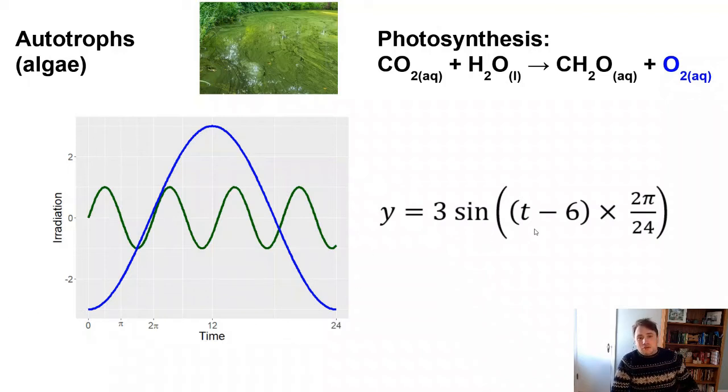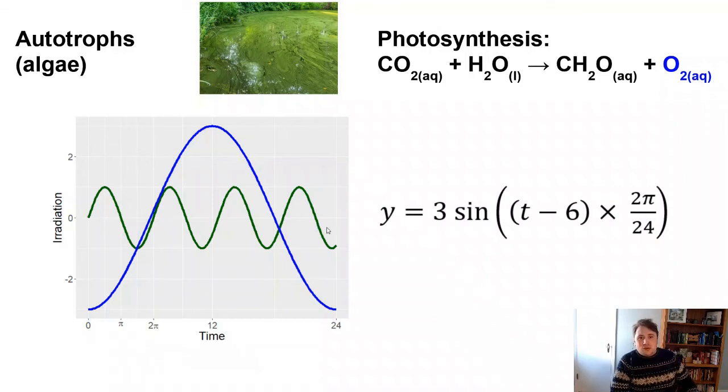And the way that we do this, you don't really have to get bogged down in the math if you don't remember this from your trig classes in high school, is that first we're going to change the frequency by multiplying the variable by some constant. So I multiplied it by 2 pi and divided by 24. And we want to phase shift it because the sine wave starts at 0, it starts going up. But if time 0 is midnight, and I just want to set time 0 as midnight arbitrarily because that's just the clock time that we use,